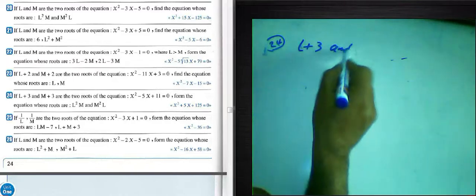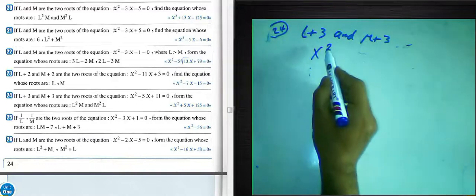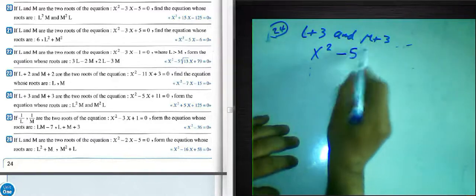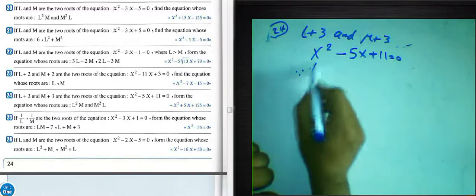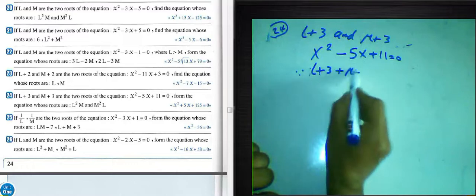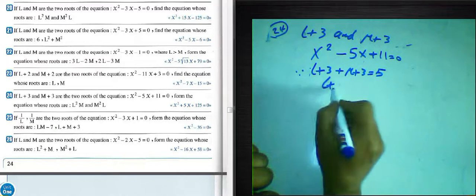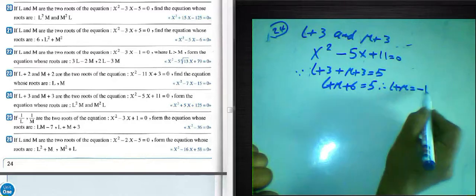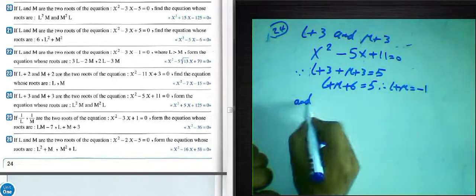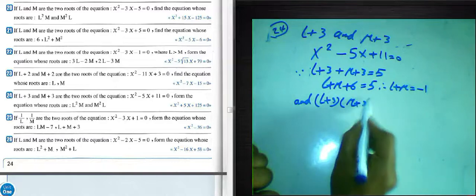Question 24: if L plus 3 and M plus 3 are the roots of x power 2 minus 5x plus 11 equals 0. We know L plus 3 plus M plus 3 equals 5. L plus M plus 6 equals 5. So L plus M equals negative 1, and the product of the two roots, L plus 3 multiply M plus 3,